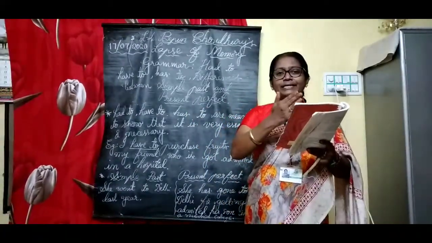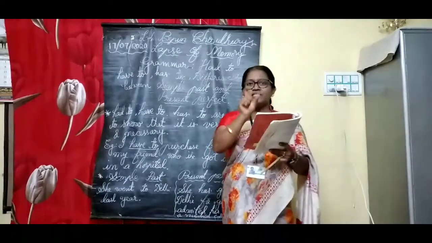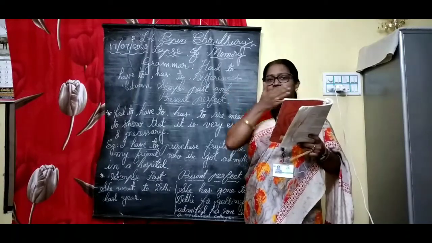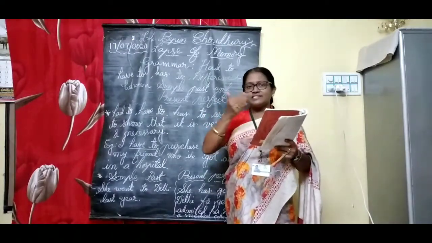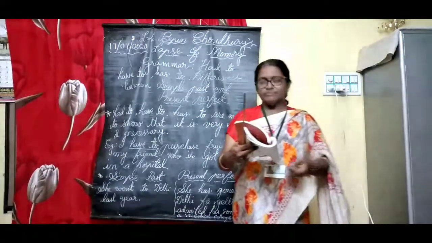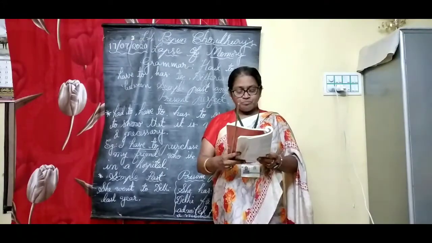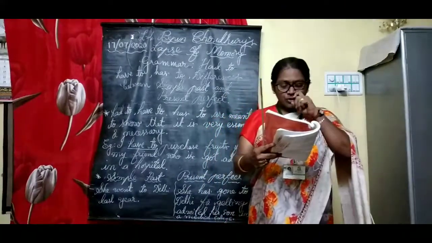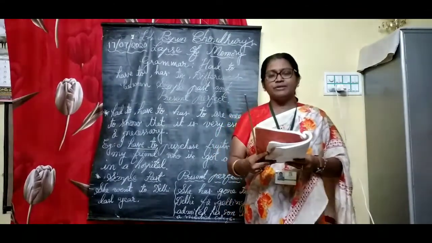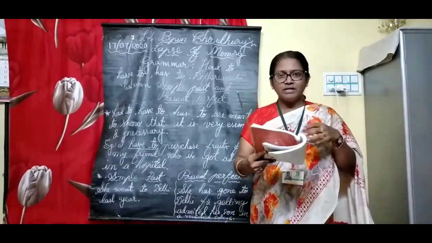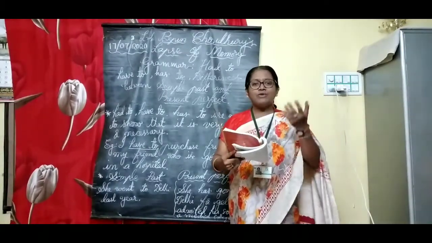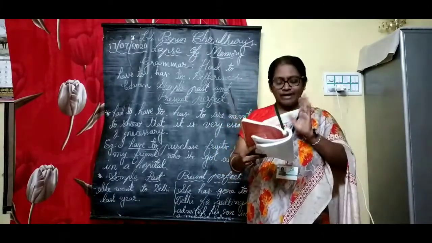First of all, an idiom can be found like this. The first word can be a noun, the next word can be a verb, and the next word is an adverb or an adjective. This is the way an idiom is constructed. So let's go and see what are the idioms that we have seen in the lesson, Bipin Chowdhury's Lapse of Memory. To help you, we have put in bold the word under which you must look for the idiom in the dictionary. In order to find the meaning of the idiom in the dictionary, you have to hold the dictionary carefully and check the meaning in the right order.